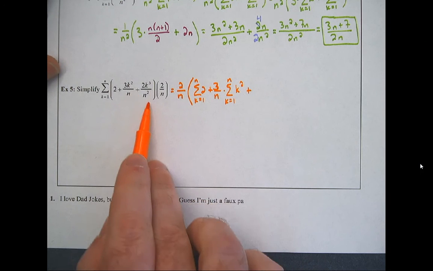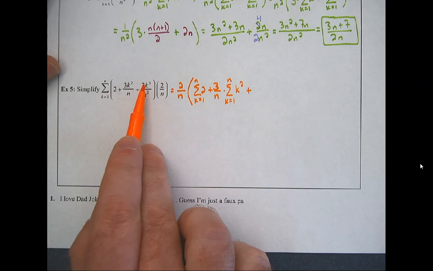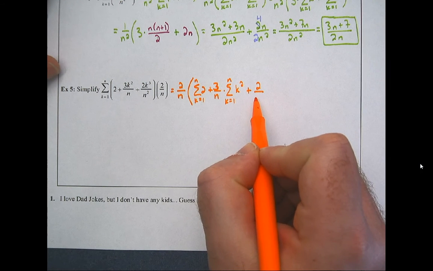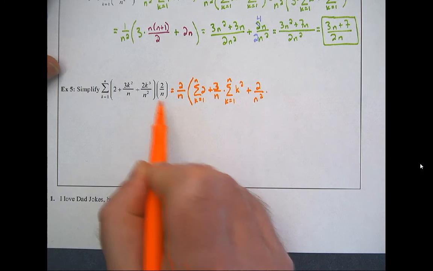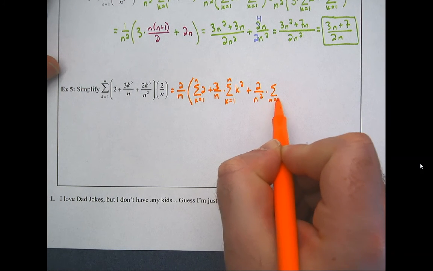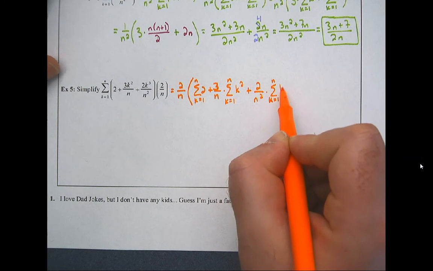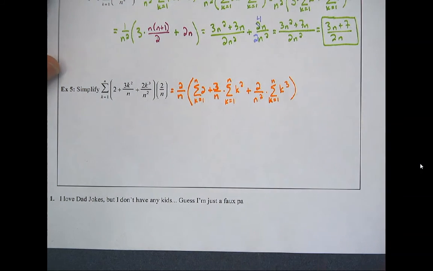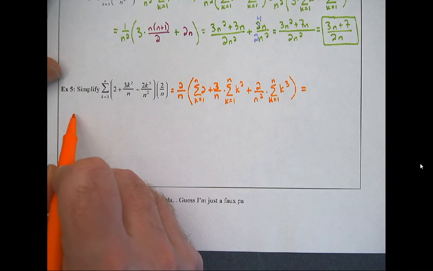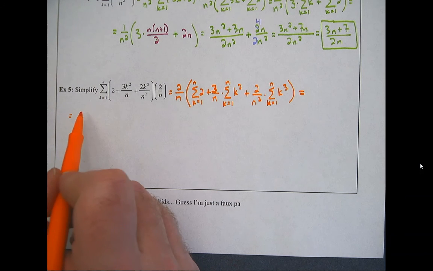Then I look at this section. What are the constants? What can I take out? I've got an n squared on the bottom, that's a constant, but I've got a 2 on the top, that's also a constant. So I can take out the 2 and the n squared out of this sum. And what does that leave behind? The sum from k equals 1 to n of k cubed, which I have a formula for on my cheat sheet. Equals, okay, so we've still got our 2 over n out front,